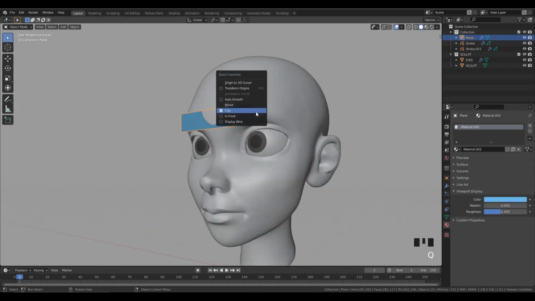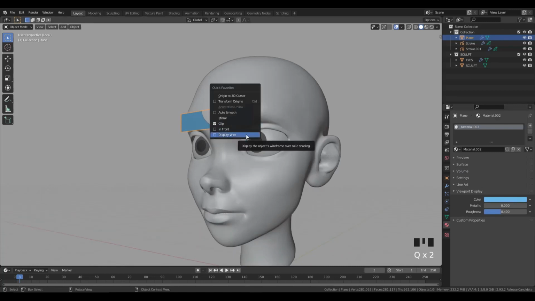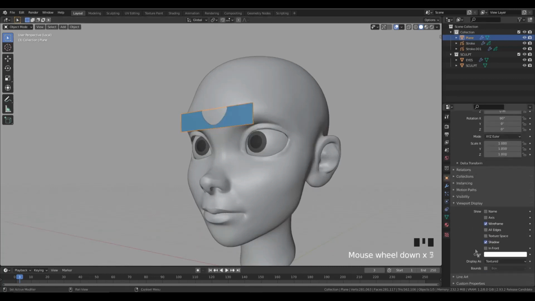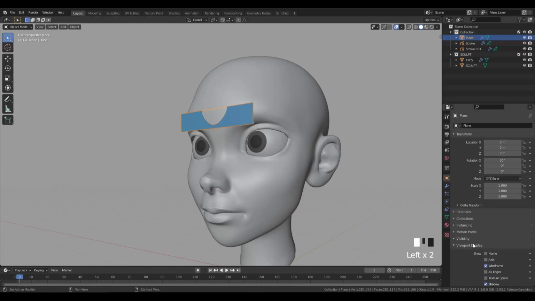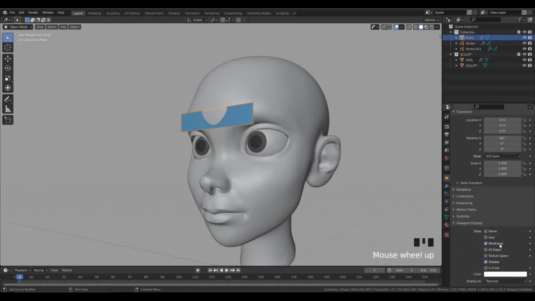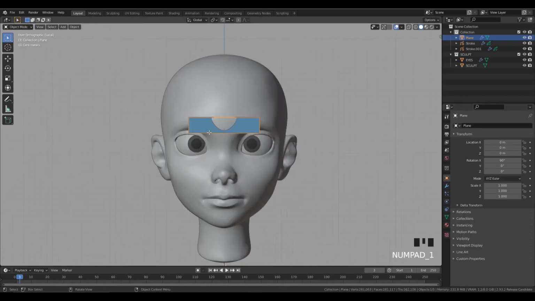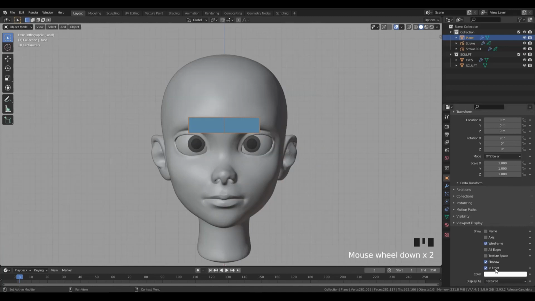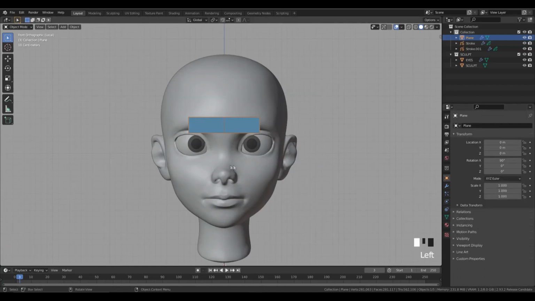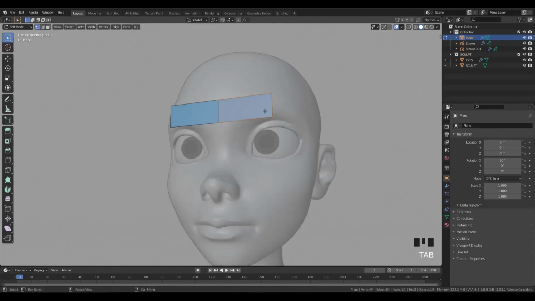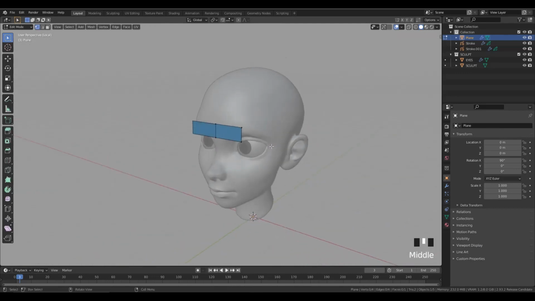And I want to display the wire, so I'm going to press Q and display wire. If you don't have this in your quick favorite, again, it's in the viewport display while selecting the object, and you right click on this option and you add it to the quick favorite. And also in front, so I'm going to add in front. Again, it's there, and I've added it in the quick favorite. And so now I will be ready to